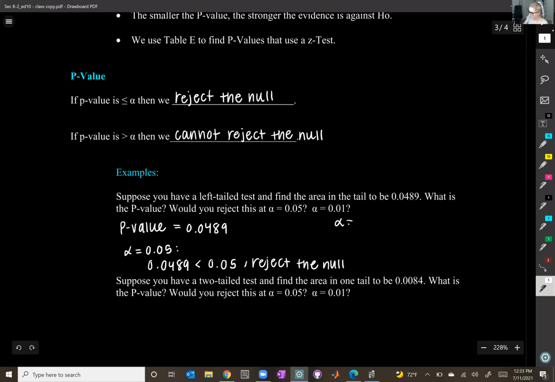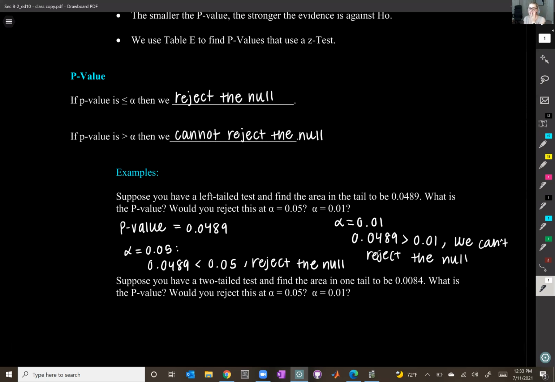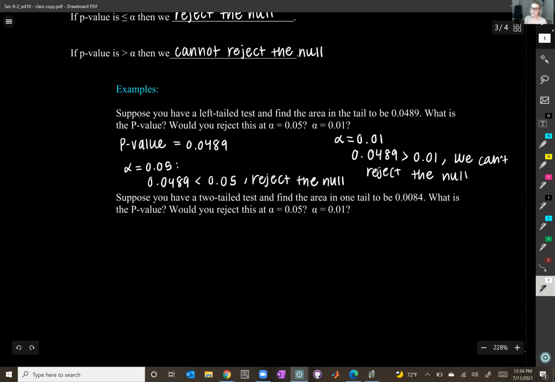So let's look at a significance level of 0.01. Let's compare the p-value with 0.01. Well, in this case, 0.0489 is going to be bigger than 0.01, which sadly means that we cannot reject the null. Okay, so you can see the difference here. We have two different significance levels, and then we have different results based on the p-value and how it relates. But that was a one-tailed test, so let's do a two-tailed test. This one says, suppose you